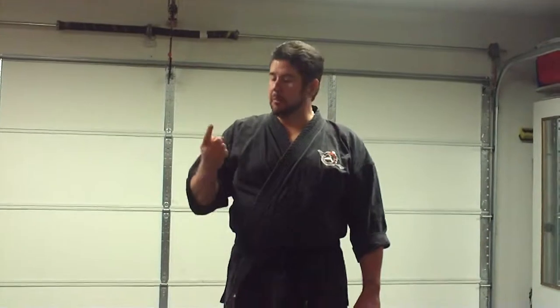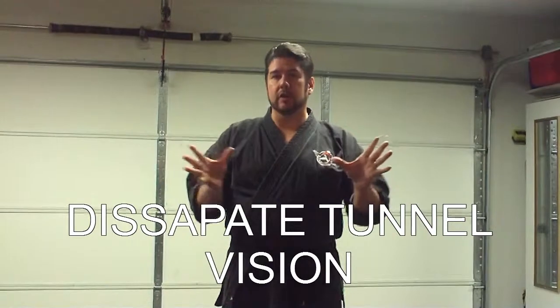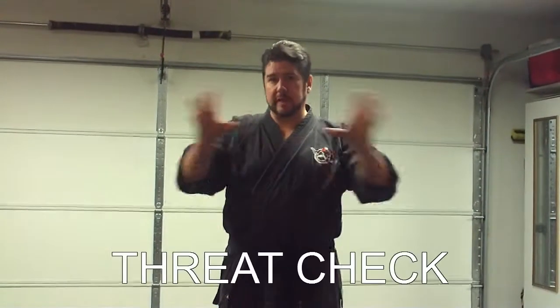Crossout is a technique that is designed to do three basic things for the fighter. After they've defended themselves or been in a situation where they've had to defend themselves, the crossout allows them, number one, to create distance between them and their opponent in a safe manner. Number two, it allows them to get rid of their tunnel vision, widen their gaze. And number three, it gives them the opportunity to survey the entire battlefield, to survey the entire environment around them